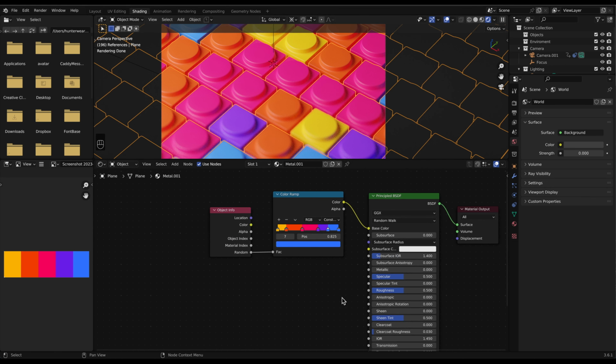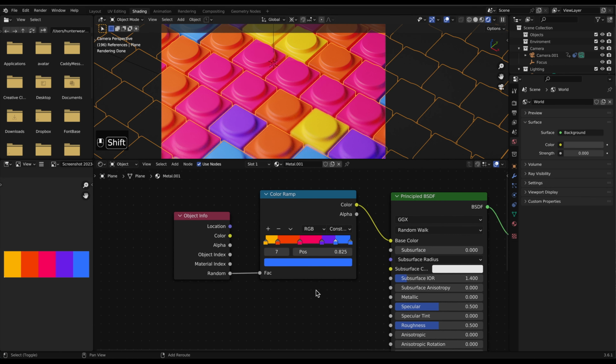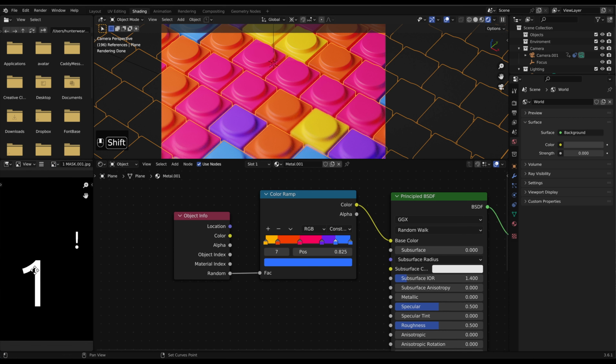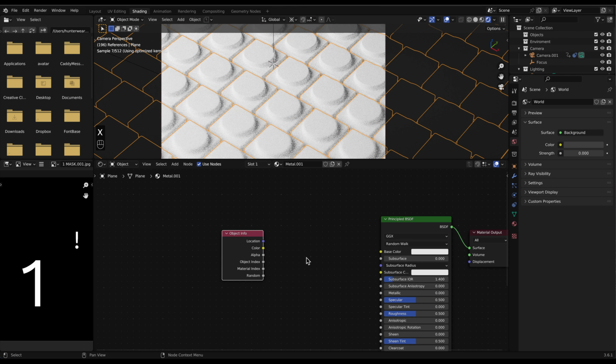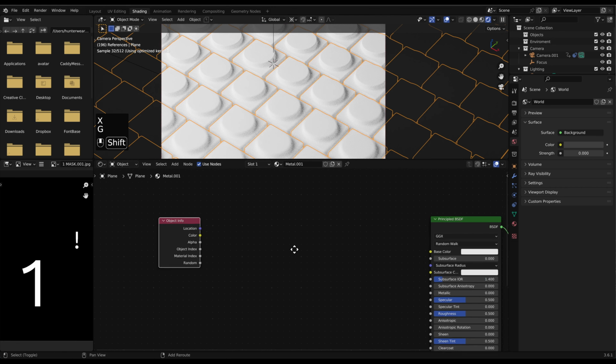So now we want to build on this. What happens here is we can't actually input image textures. If I have an image texture, I've got one here that I want to add on, if I want to add that to this, I can't really do it. I've got no way to put in an image in each one of these stops. So we have to create a new node setup using just the object info. So let's delete this. We're going to pull this over here.